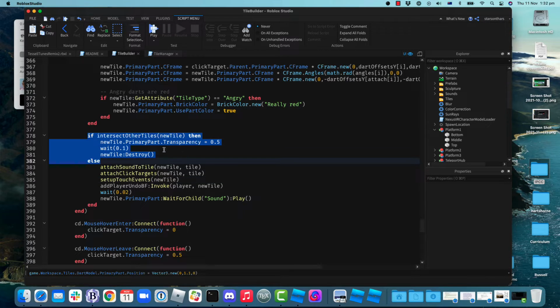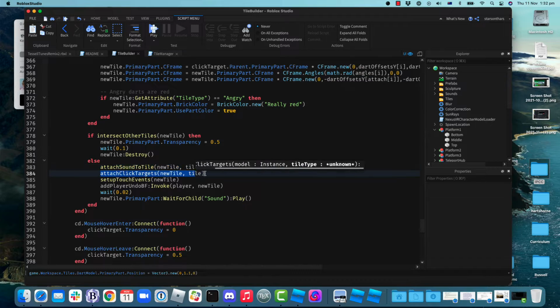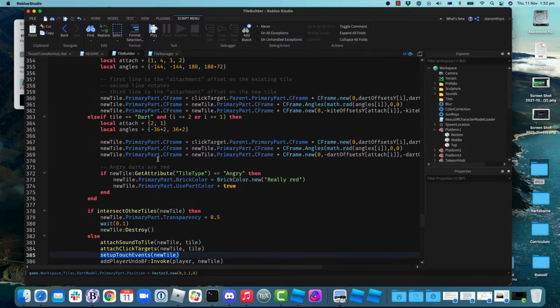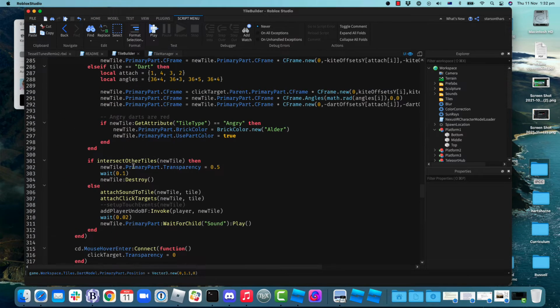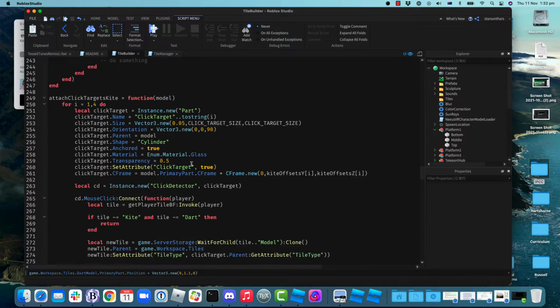If it intersects with an existing tile, then nothing happens. The new tile is not made, or rather it's made and then immediately destroyed. If it is constructed, then a sound is attached to it, click targets are attached, and optionally touch events are registered. So the way touch events work,